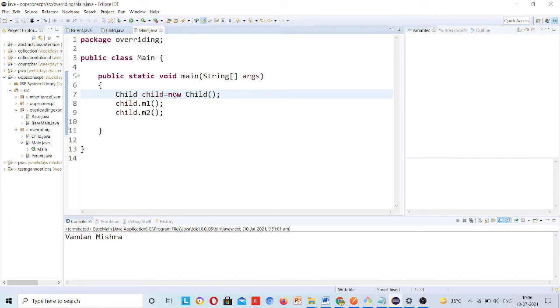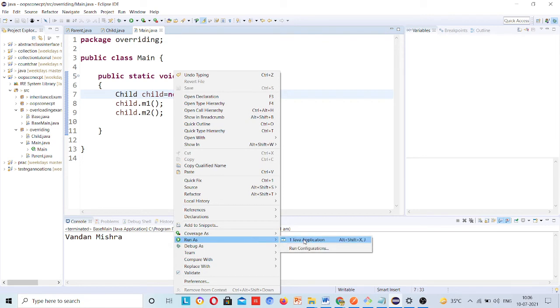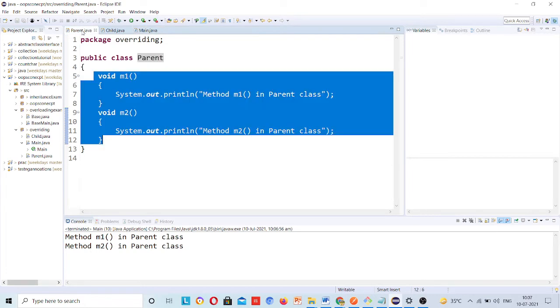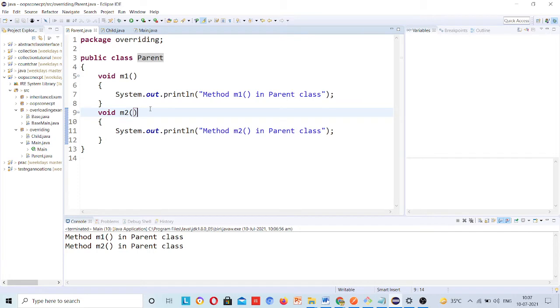Now if you run this program, you can see method m1 in parent class, method m2 in parent class. But suppose this m1 method is performing some task, and the m2 method is performing some task. Suppose you are developing a gaming application.